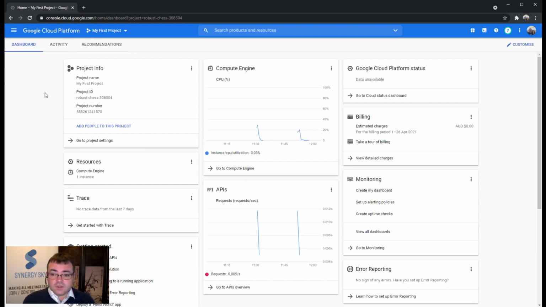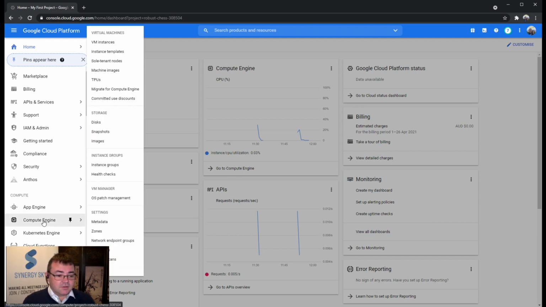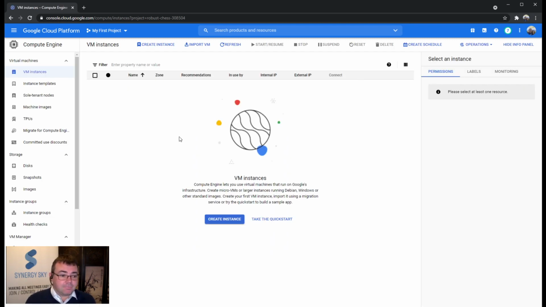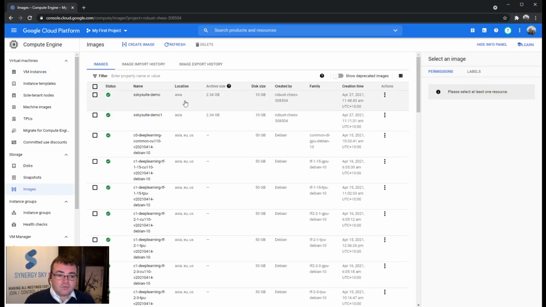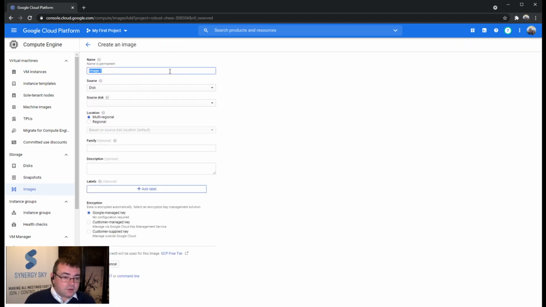So, I've already logged into my dashboard, and over here I'm going to click on the hamburger and select Compute Engine. We're going to spend all our time here. So first, in the left-hand panel, select Images. I've already created some images, but I will go and create another one. And I will call it